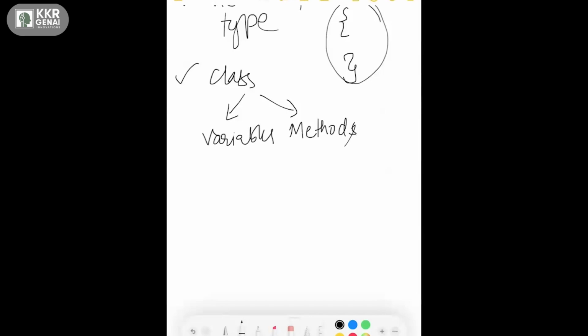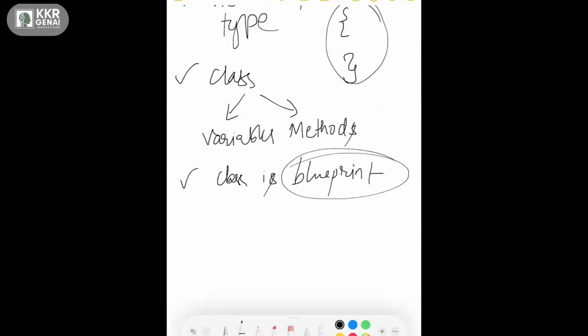and also a class is called a blueprint. If you have a blueprint, you can create as many objects as you want. It's just like the blueprint of a house.